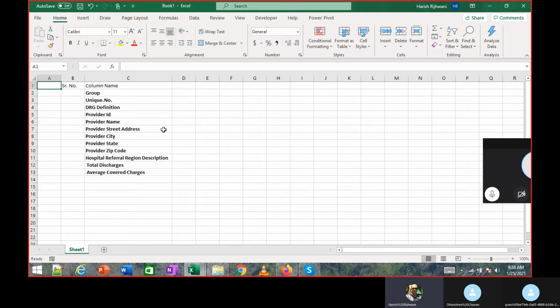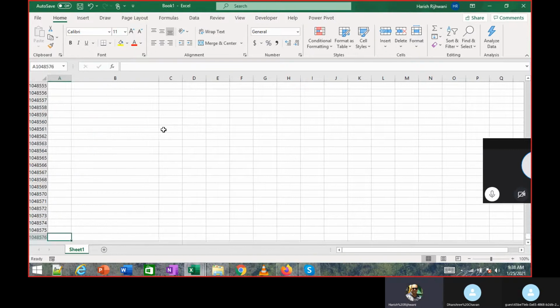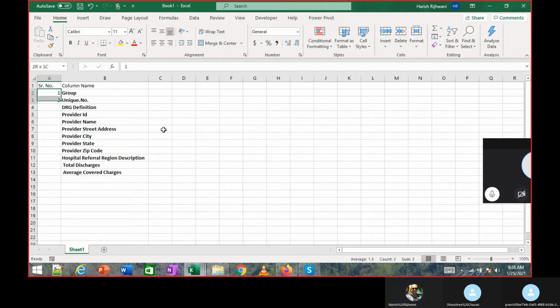Ideally, what we should have is a data dictionary. What it means is, what is the definition of this particular column? That's what we are supposed to figure out. That's the first thing we do.